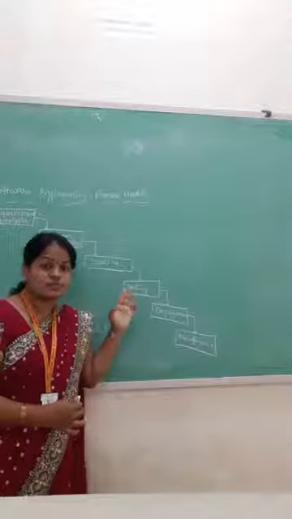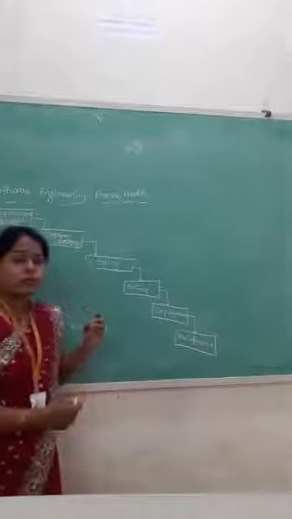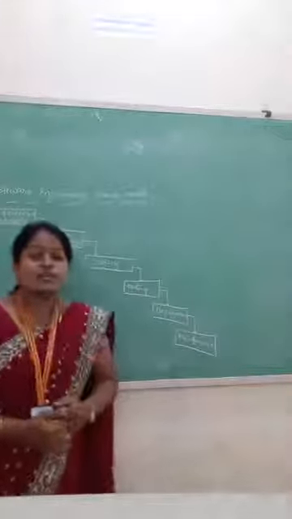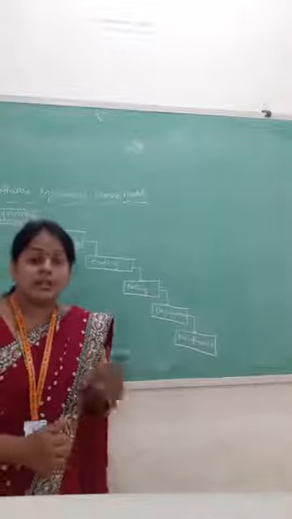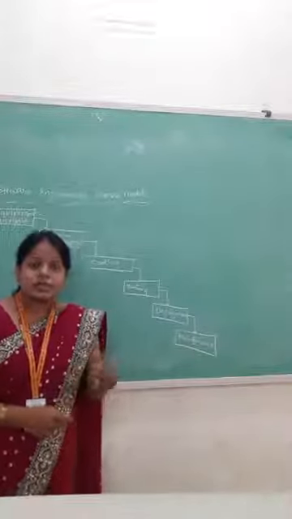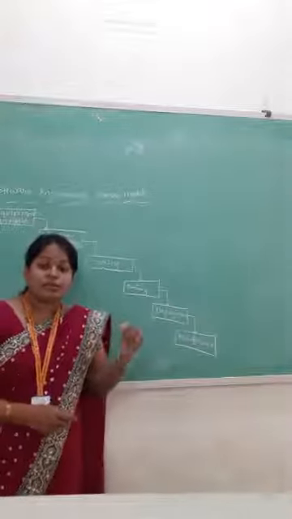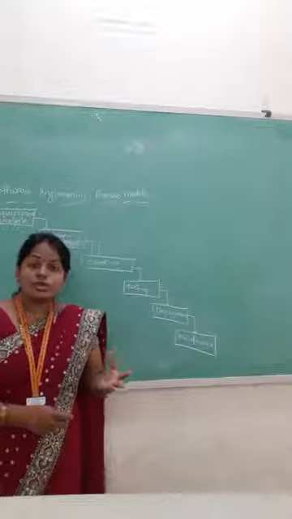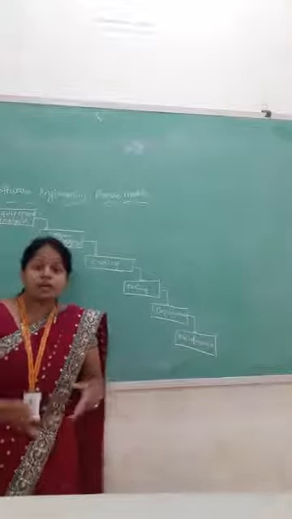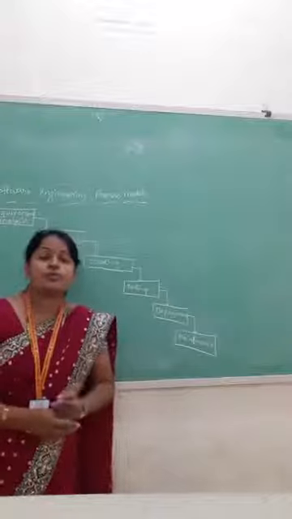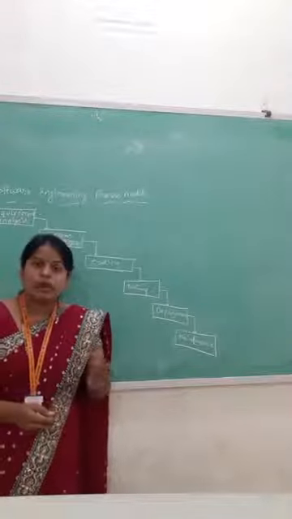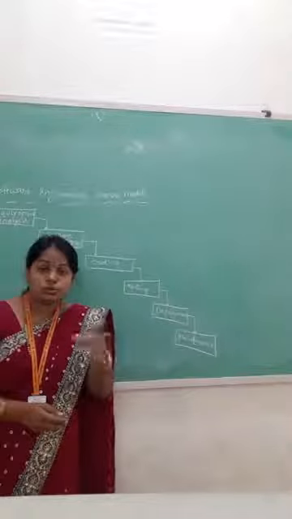What are the main steps? The first step of the waterfall model is requirement gathering and analysis. In this phase, we will collect the requirements. Different requirements will be collected from the customers. Based on the requirements collected, we will perform analysis, and based on the analysis, we will give classifications: what are the functional requirements, non-functional requirements, and user requirements. Once the classification is completed, we will give priority to the requirements.